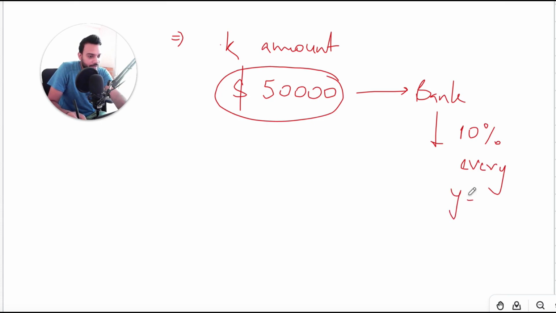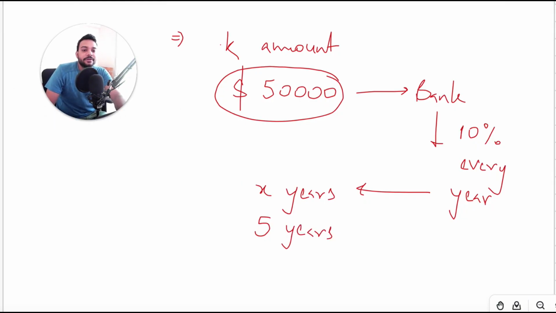I'm not talking about the interest here. I'm saying this value itself increases by 10% every year. So what would be the value after x years? And for that matter, let's say 5 years. So how to represent this situation? You'll again write plain and simple. First year is $50,000. Second year, careful,